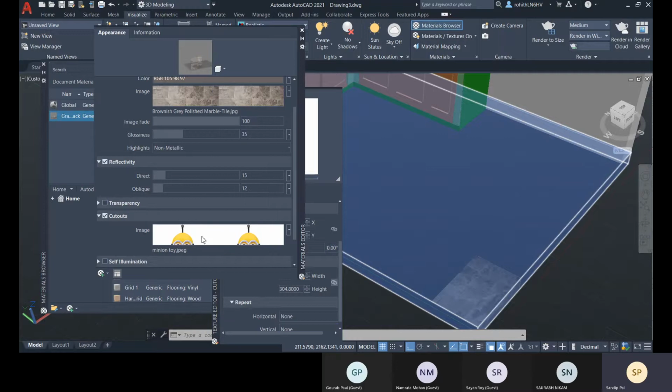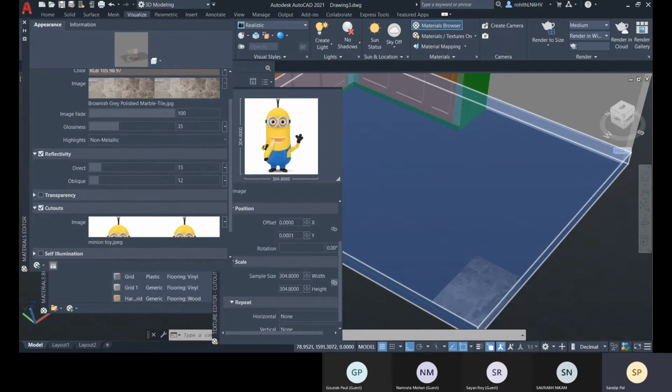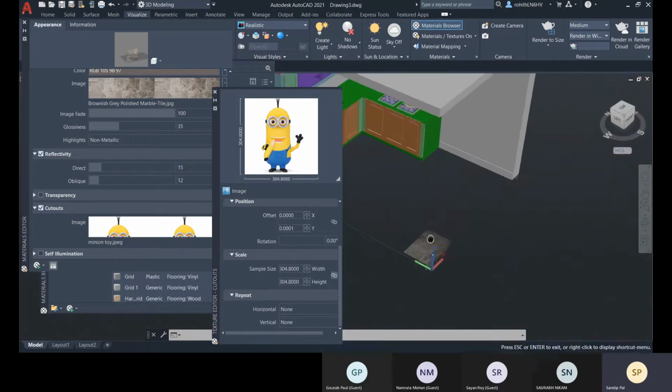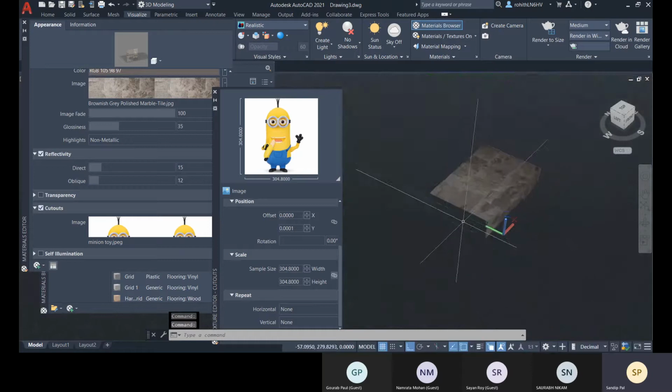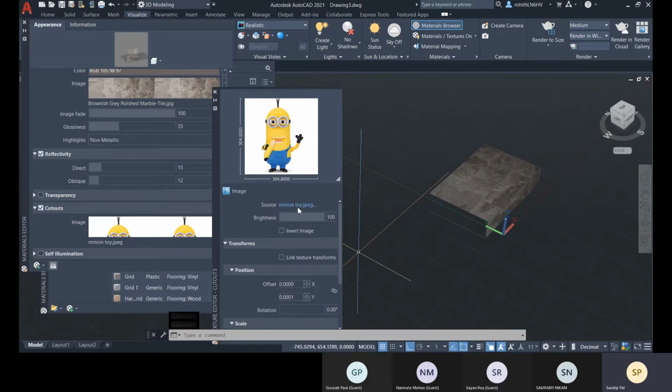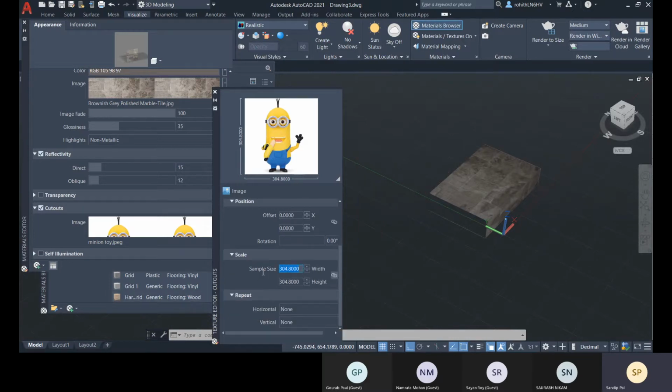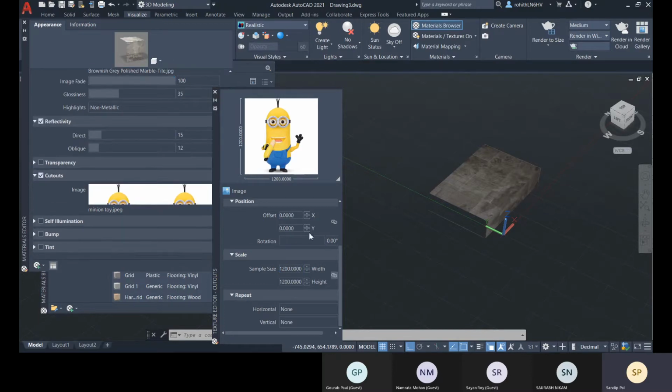This is for the cutouts. And you can make the sample size like 1200 by 1200. Okay, so that will be applied.